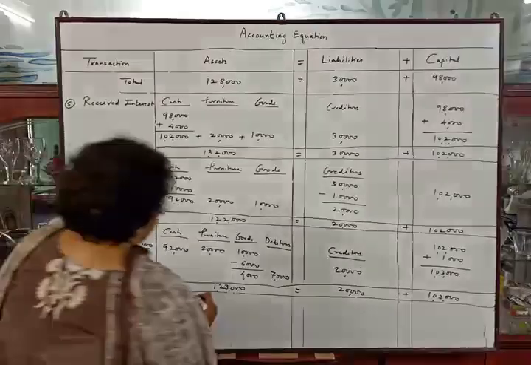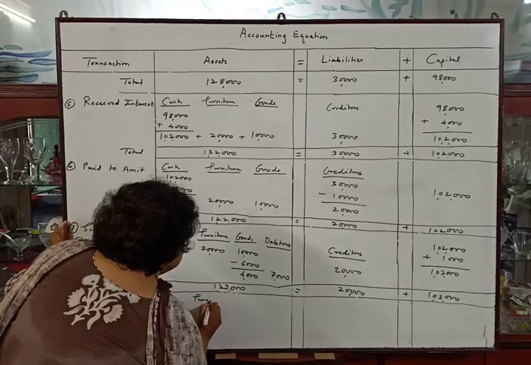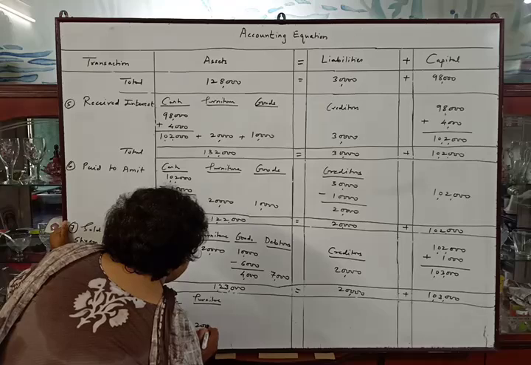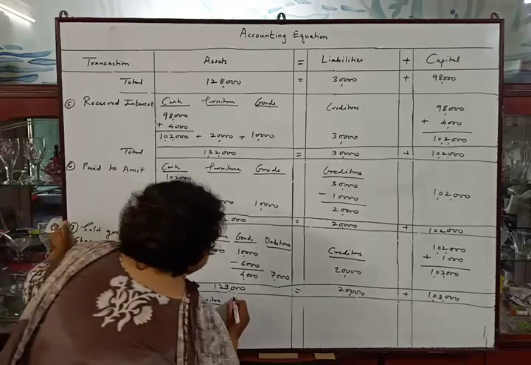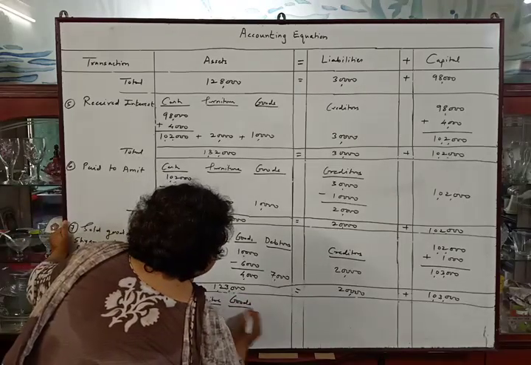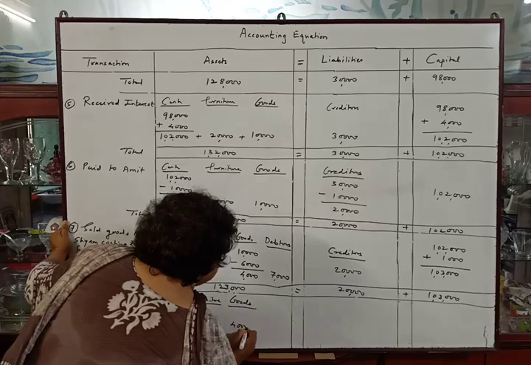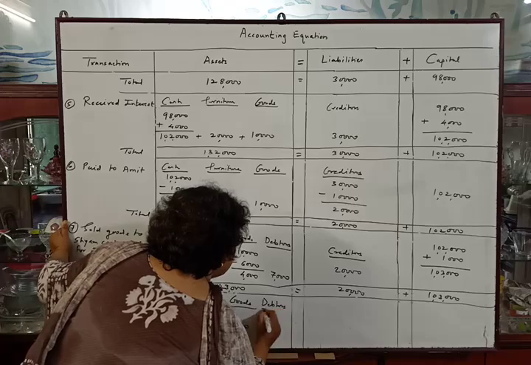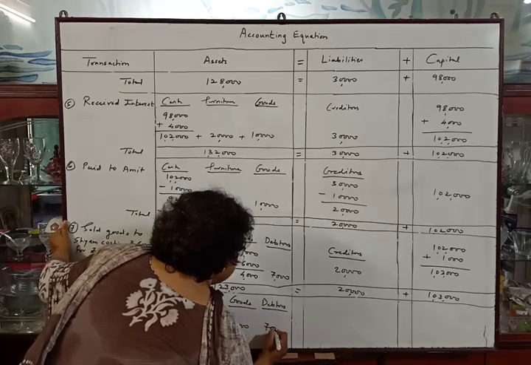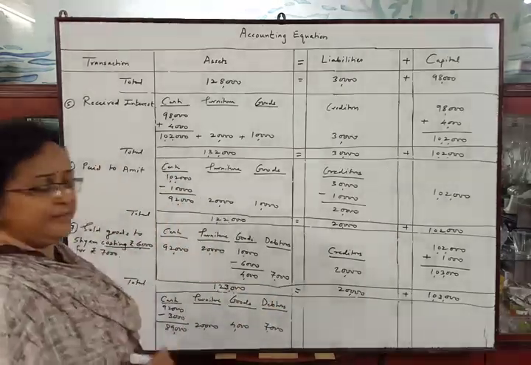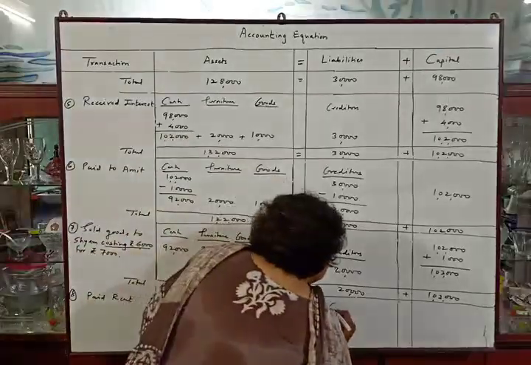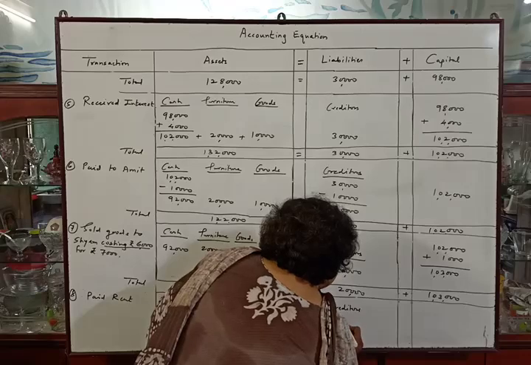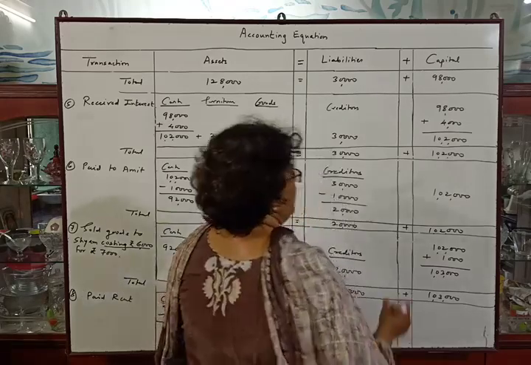Okay. Furniture will remain as it is. Furniture rupees 20,000. Goods rupees 4,000. And debtors rupees 7,000. Okay. Creditors will remain as it is. Creditors 20,000. And capital